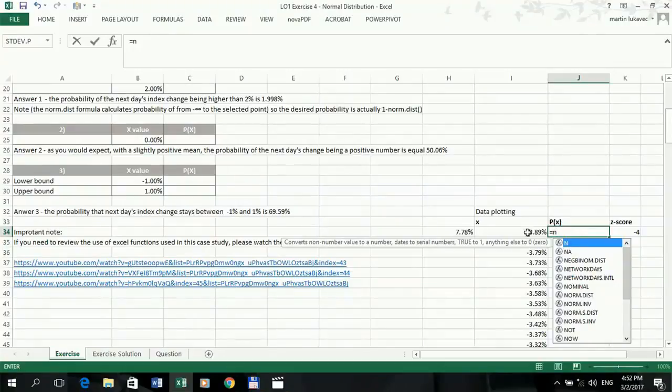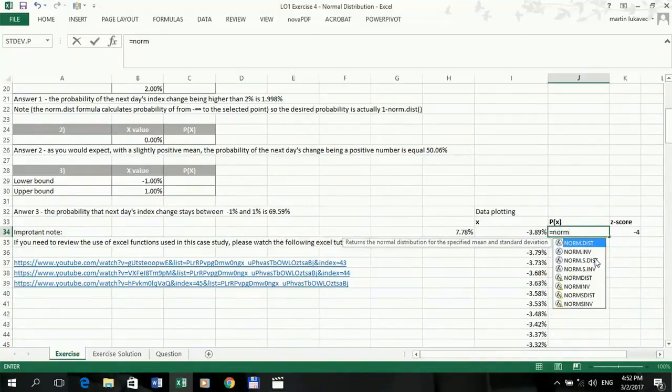For such a big loss over here, minus 3.89, the probability is going to be really low, because with the stock market, most of the values should be somewhere around zero. So the stock market to lose 4% almost every day, or like the next day, it's not really probable, is it? So I can expect that the probability will be very low. So NORM.DIST,